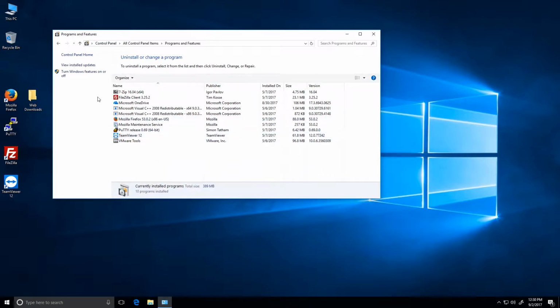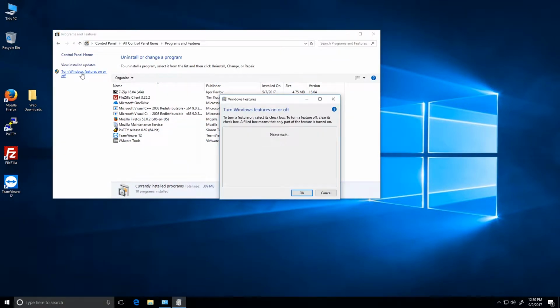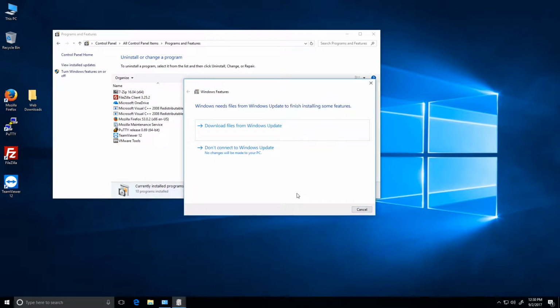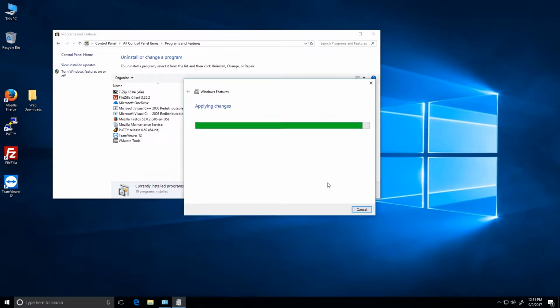On the left side, there's usually an option you can click that says Turn Windows Features On or Off. Once there, make sure that the .NET Framework, again both 3.5 and 4.7 or higher, are both turned on. Note, on some versions of Windows you might not see the .NET options there. In these cases, you'll need to allow the system to download them from the Windows updates, or download the missing .NET frameworks from the Microsoft website and run their respective installers to enable this functionality.